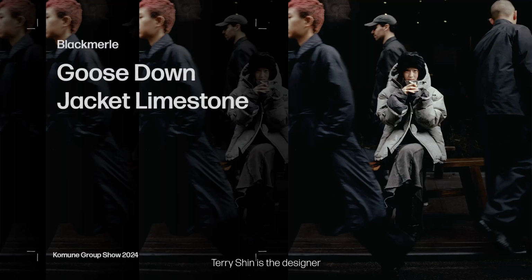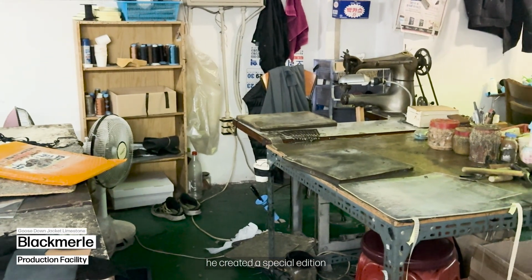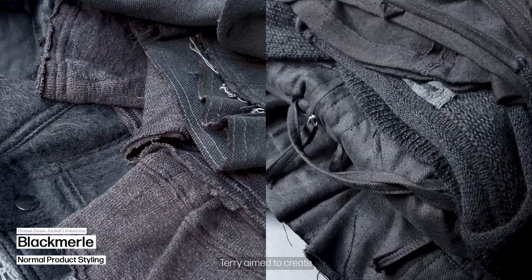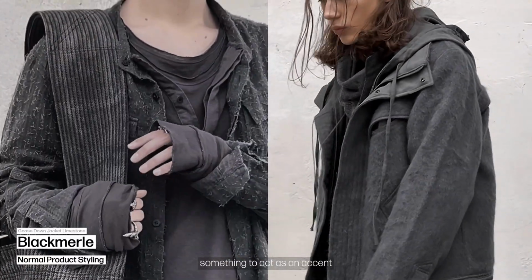Terry Shin is the designer behind Blackmerle. For his contribution, he created a special edition puffer jacket. Normally, Blackmerle's pieces are designed to harmonize. For the show, however, Terry aimed to create a true statement piece, something to act as an accent within an